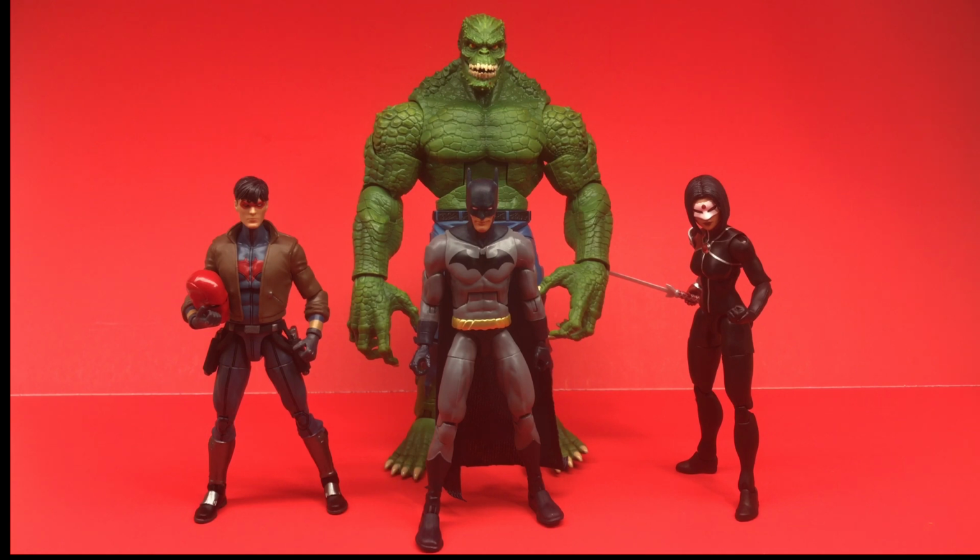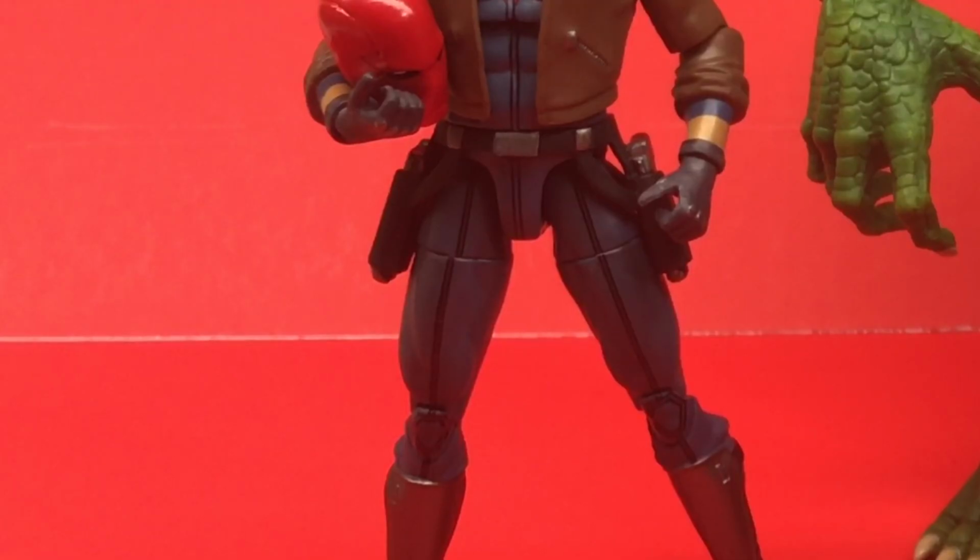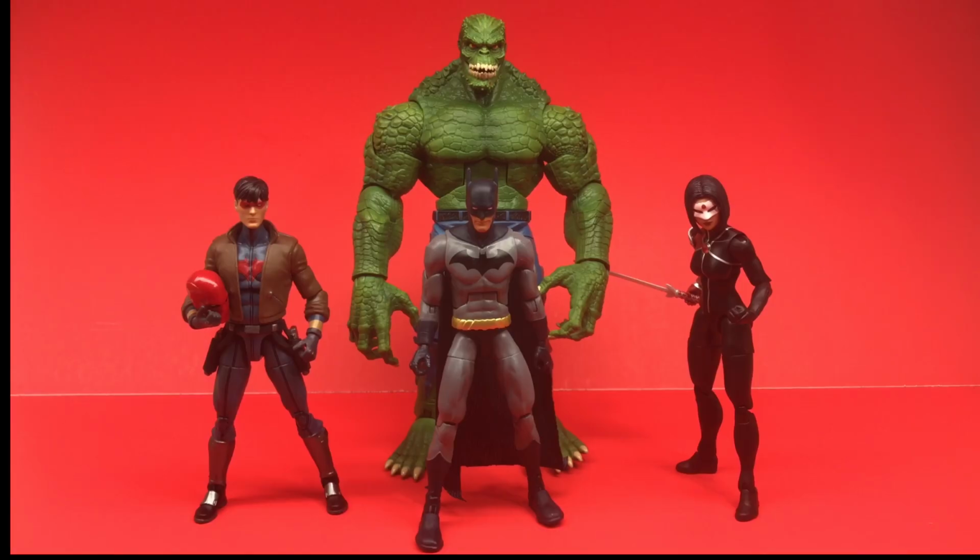There's certain elements to the figures that are good and bad and make you go like, oh, come on. But all in all, I think Mattel, they had a good run. They had years and years of making DC figures. And while recently, we'll say with the DC movies, that's when it started to kind of show, honestly, I would say err more towards Warner Brothers and everything else going on behind the scenes,